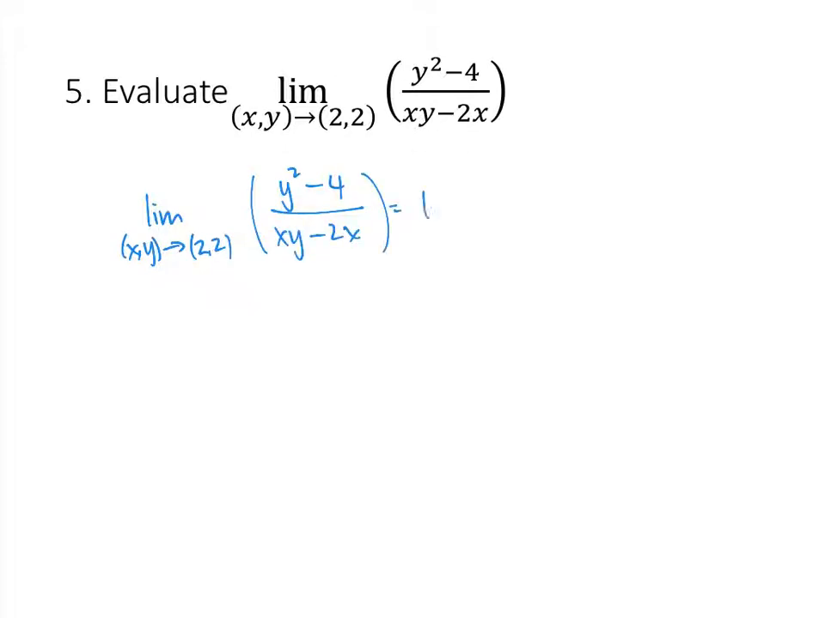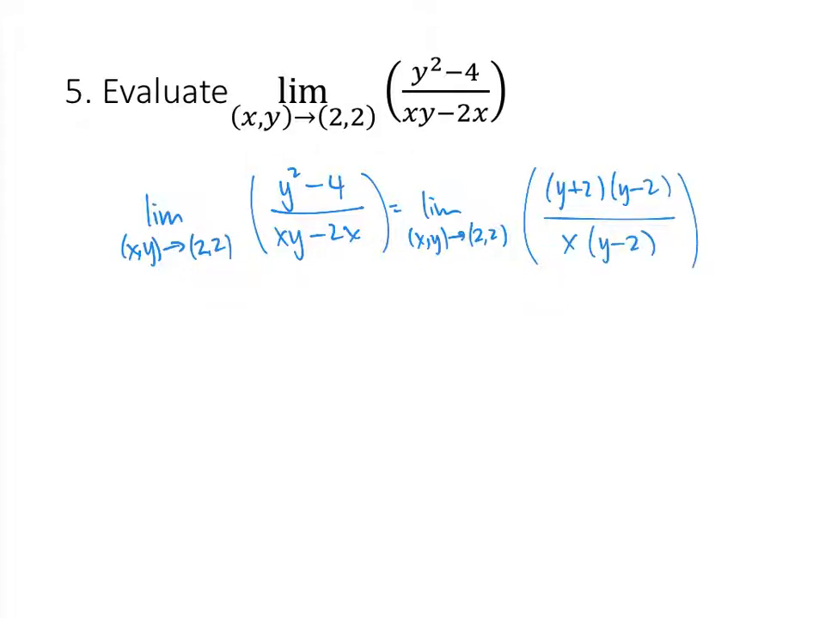So on the top, we can factor y squared minus 4 as y plus 2 times y minus 2. And on the bottom, we can factor out an x, and so we get x times y minus 2. And we can divide out the common factors of y minus 2. That gets us the limit as (x,y) goes to (2, 2) of y plus 2 divided by x. Now it's continuous because when we plug in x equals 2, we're not dividing by 0. So we just get 2 plus 2 on the top, divided by 2 on the bottom. That works out to be